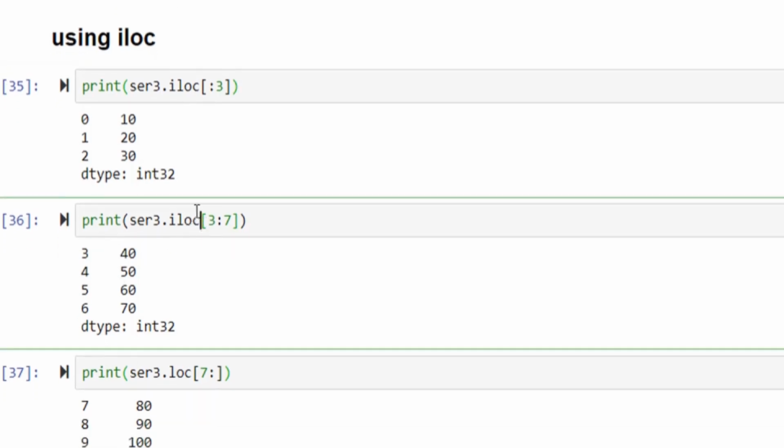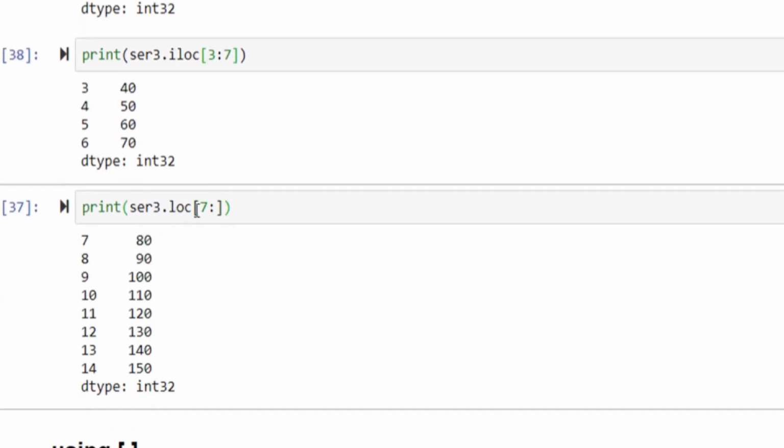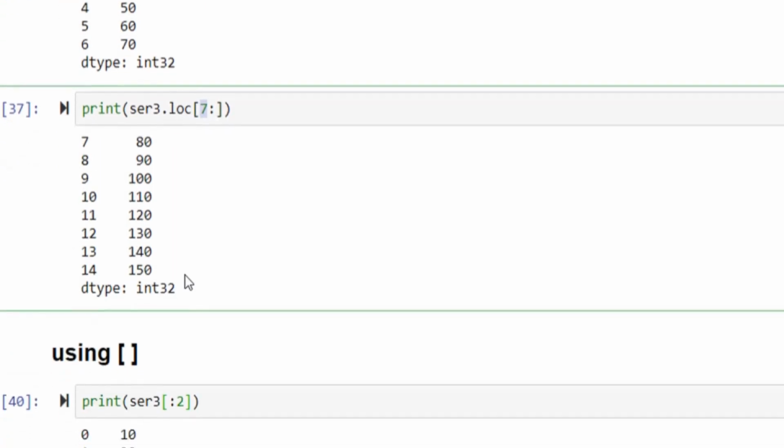And while I am starting from a particular element, it will start from this element, but it will go towards 7 but will not access 7. It will access until the 6th index only. And while accessing from the particular element to end, it will give me that series.